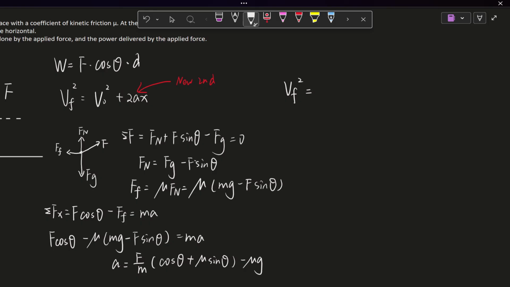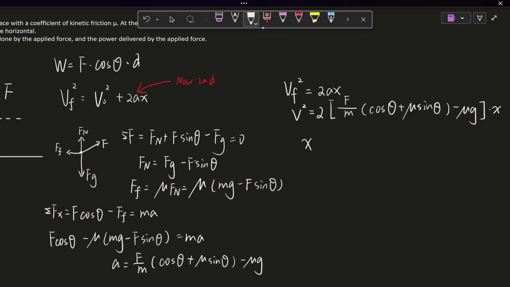Vf squared is just equal to 2ax, which is equivalent to 2 F over m, actually, use a square bracket here, cosine theta plus mu sine theta minus mu g, times x. Vf is just equal to v, right? V squared, which we will get